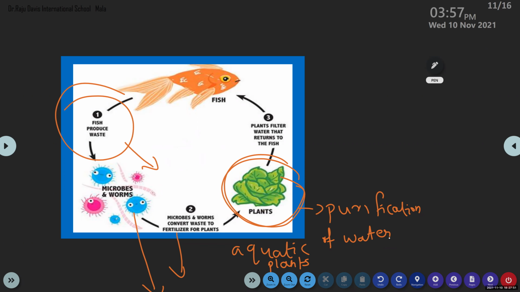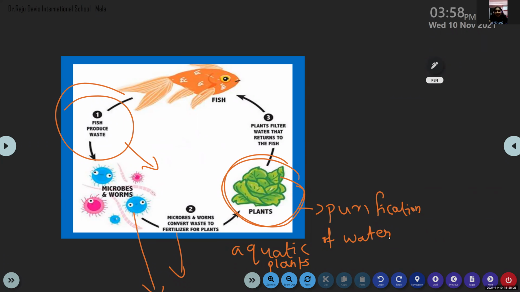Fish need oxygen in the water, and plants need to make food. They want to cook the food, so they require carbon dioxide. From the waste material they get the carbon dioxide and absorb it, and they release the oxygen. That is why fishes sometimes come on the top of the aquarium. Have you observed that? Why do they come over there? To gain oxygen, especially in the morning hours.